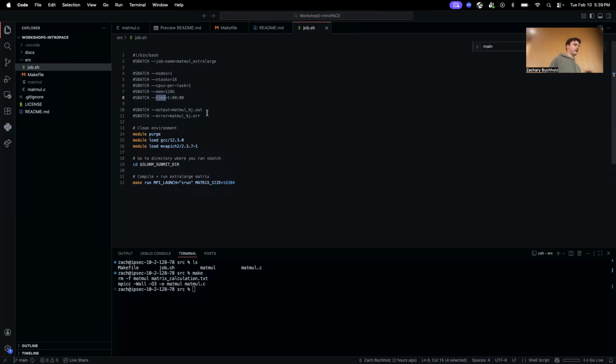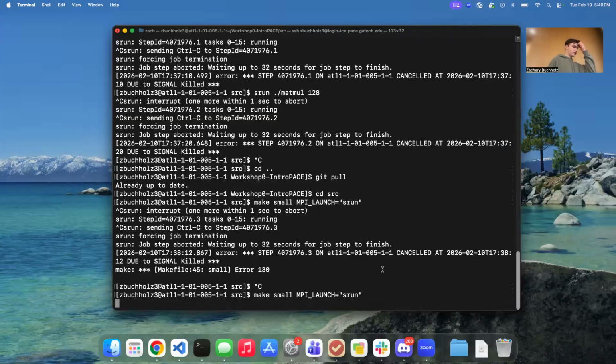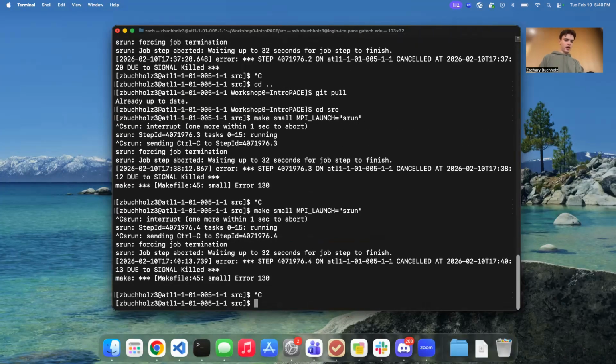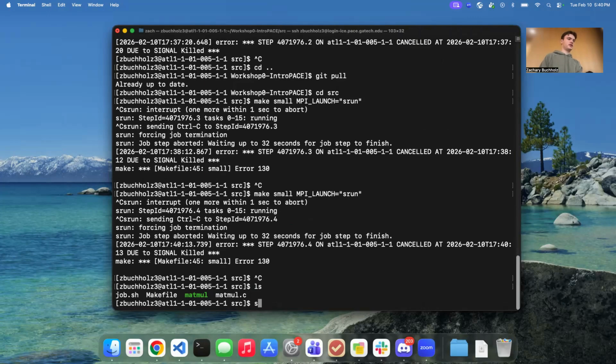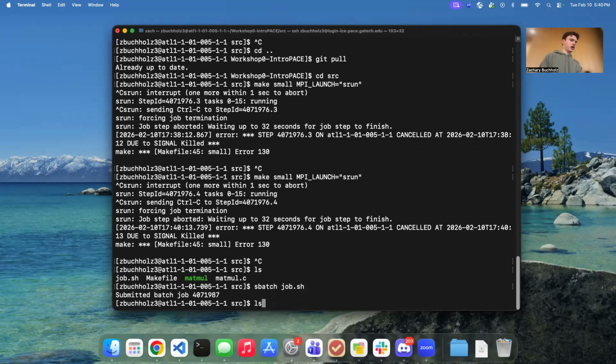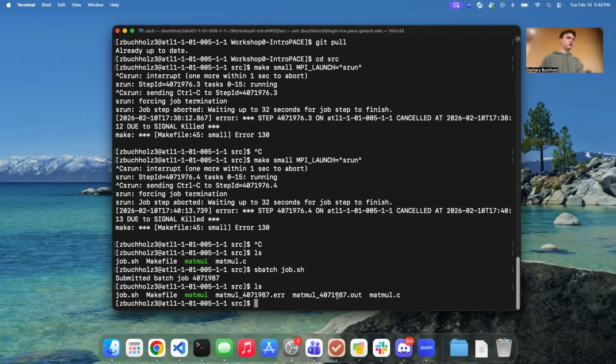And then after you define what the salloc command basically does, you give it instructions to run your program. So I'm just saying load the C libraries. This environment variable is the directory where we ran this job. And then this is the command I'm actually going to run to launch the file. So this should be in your thing here, and you can see the job.sh there. You just type sbatch job.sh. It'll submit the job. If you ls, it'll create these 2 new files here,